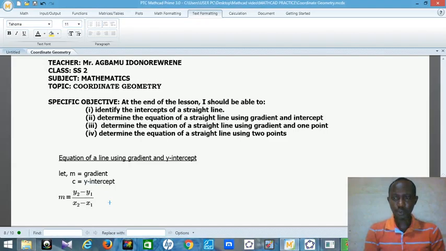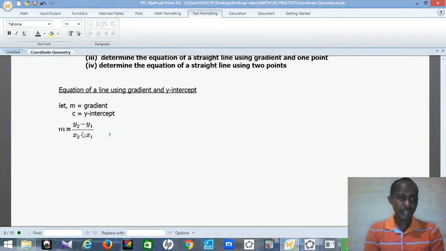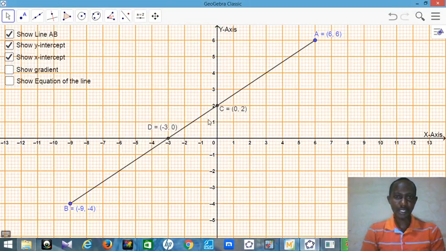And what do y2, y1, x2, x1 mean? It means the second coordinate is y2, the first coordinate is y1, the first coordinate is x1, while the second coordinate is x2. So to get the equation of a line, pick any 2 points on that line. Let's go to the graph so that you understand what we are saying. Let's pick any 2 points, but since our focus in this example is intercept and gradient,